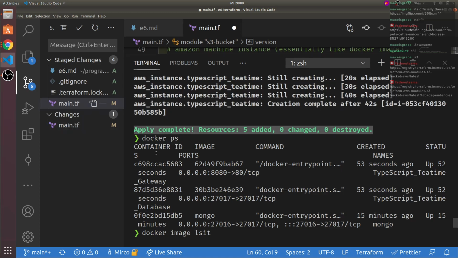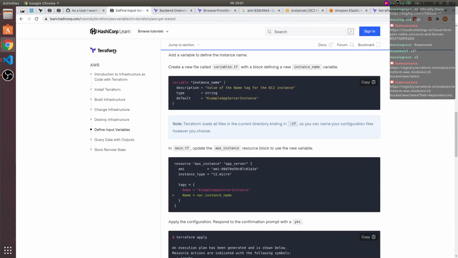But for example, if you need the, let's say, Docker container ID, or the public DNS name, or the public IP of your EC2 instance, you can print that out with the help of output variables. That's also in the first query data with outputs section in the getting started guide for AWS.